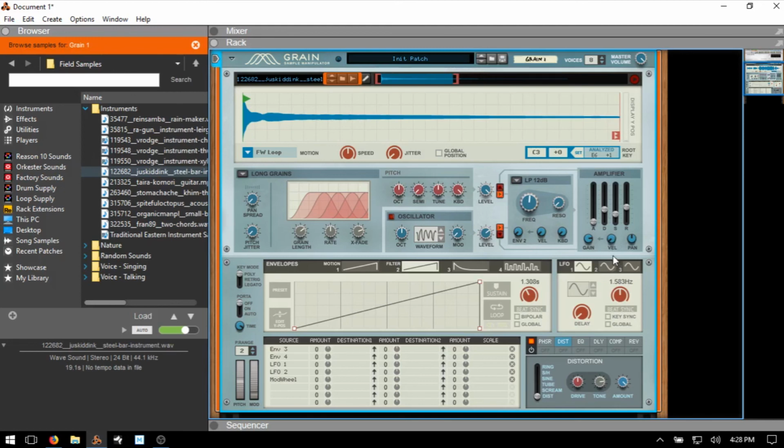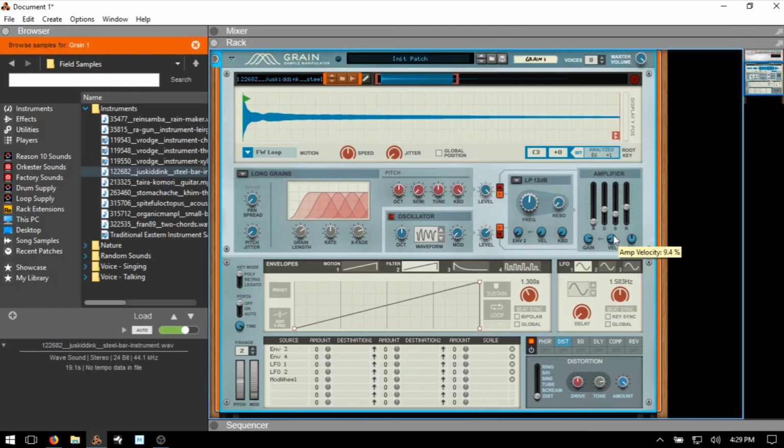So the thing to keep in mind is that when we're working with grain, we're working with individual samples. So if we were using a sampler that contained multi-sampled instruments, say a piano, when we play soft on the keyboard, it may trigger, you know, a softer sample from that multi-sampled instrument. Then as we play medium, hard, it's going to change the samples, and so the volume and timbre of the sound is going to change. But when we're playing back one sample, we're going to have the same volume no matter how hard or soft we trigger. By using the velocity here and then raising this up, then we're going to be able to adjust